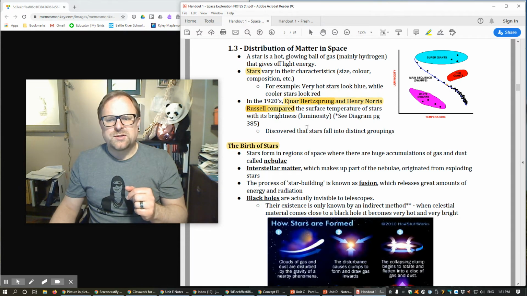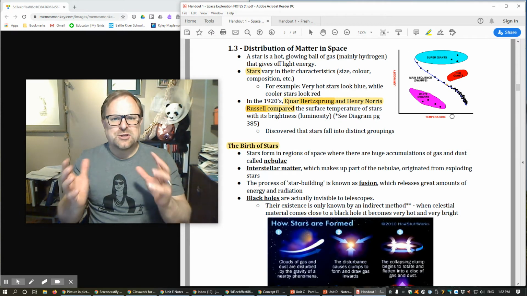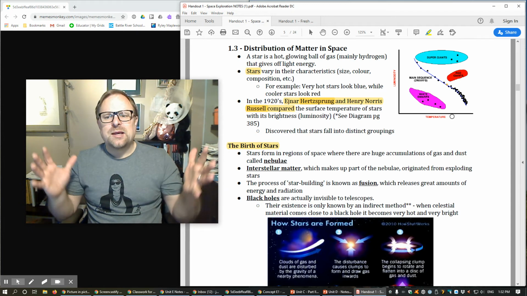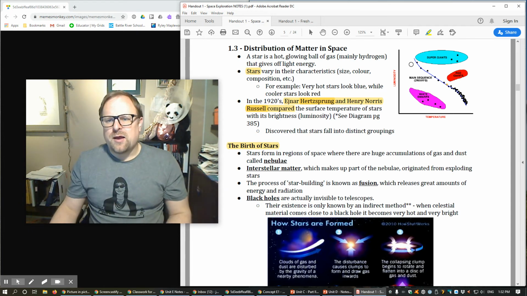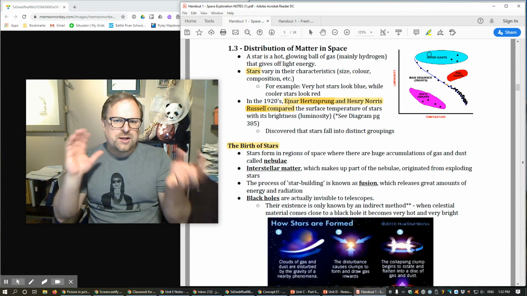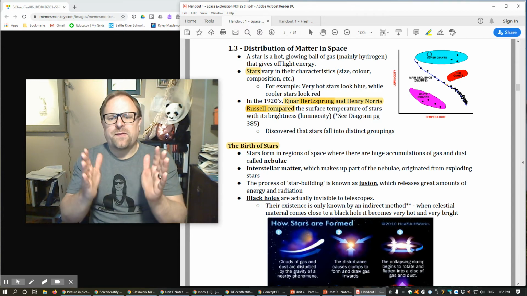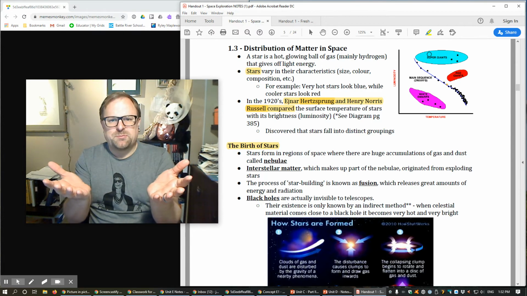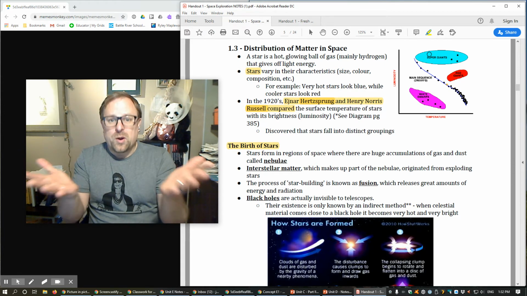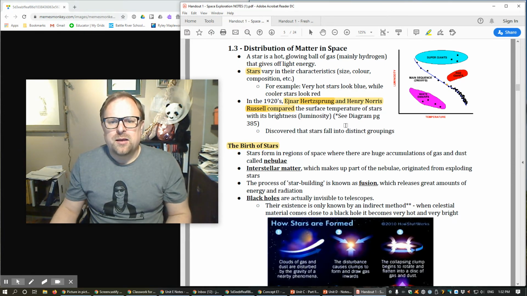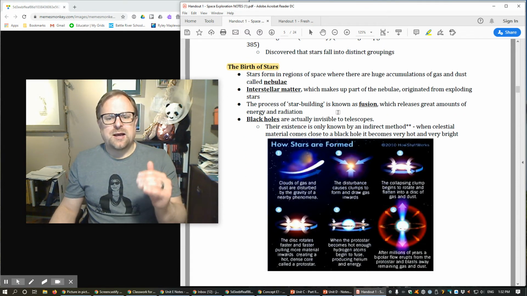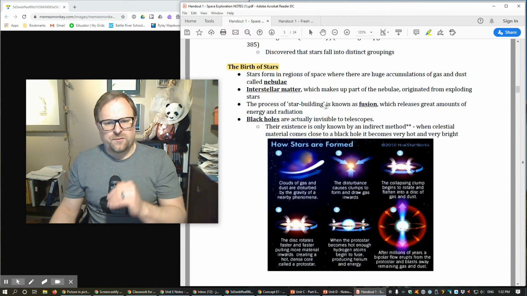And Hertzsprung and Russell came up with this diagram, which shows us the distribution of stars in the galaxy. What we have are main sequence stars, we got the white dwarfs, red giants, supergiants, and kind of have an idea that that's what they came up with to try to explain what stars are and how they're distributed in the universe. Then I want you guys to understand how stars are formed,